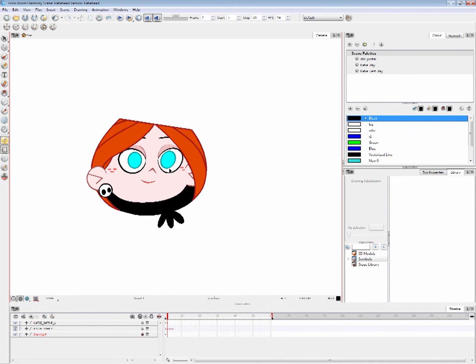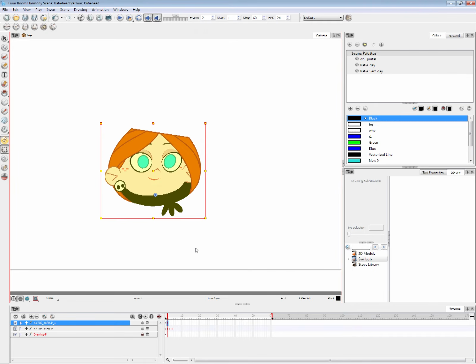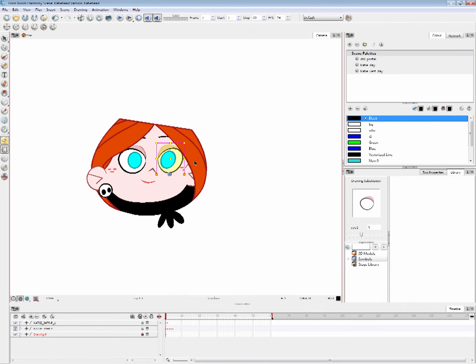Alright, so make sure the animate button is on, so the selection is yellow, and we're working with the transform tool right here on the left hand side. Alright, let's get started. I think I'm gonna pose her squinting down first. I'm using F and G to go back and forth.